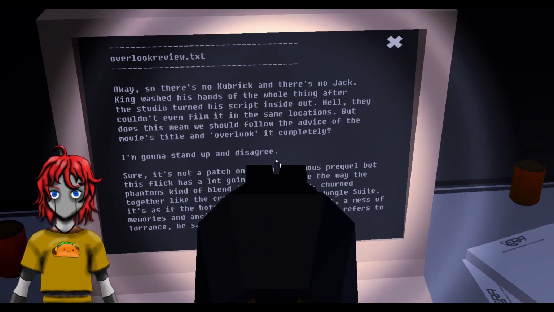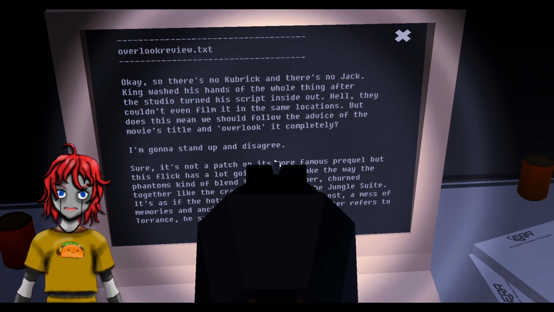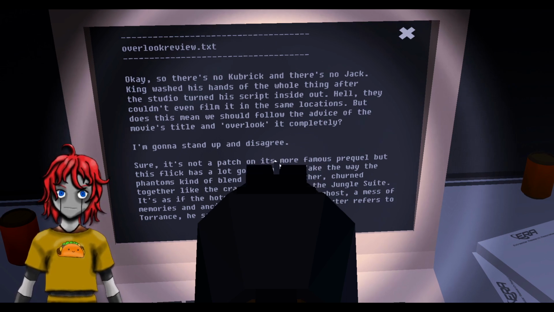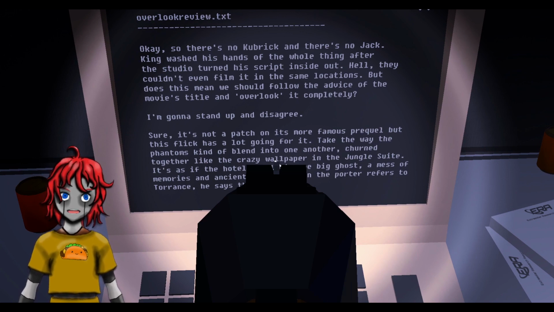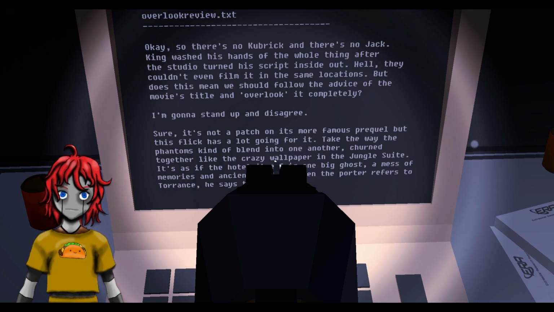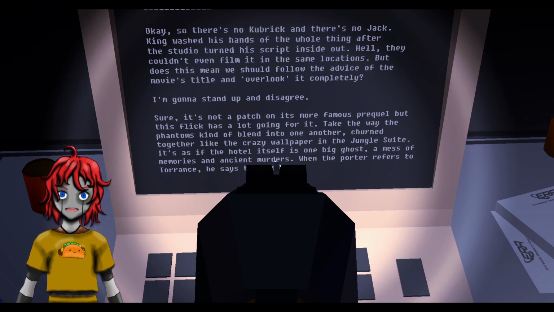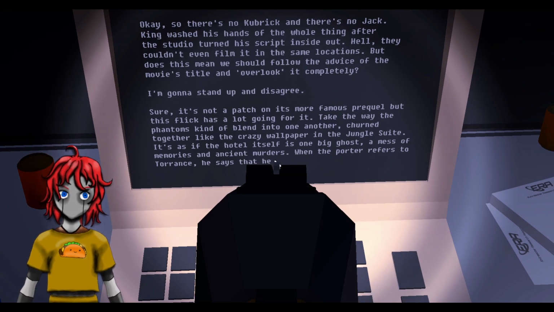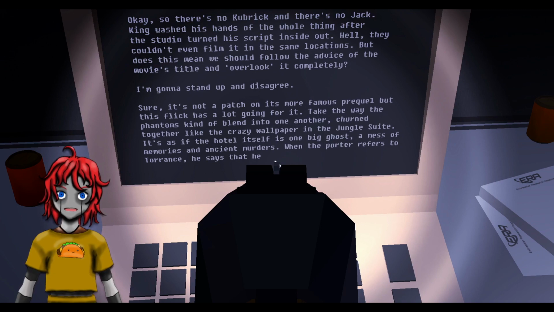Okay, so there's no Kubrick and there's no Jack. King washed his hands of this whole thing after the studio turned his script inside out. Hell, they couldn't even film at the same locations. But does this mean we should follow the advice of the movie style and overlook it completely? I'm gonna stand up and disagree. Sure, it's not a patch on its more famous prequel, but this flick has a lot going for it. Take the way the phantoms kind of blend into one another, churn together like a crazy wallpaper in the jungle suite. It's as if the hotel itself is one big ghost, a mess of memories and ancient murders. When the porter refers to Torrance, he says that he...